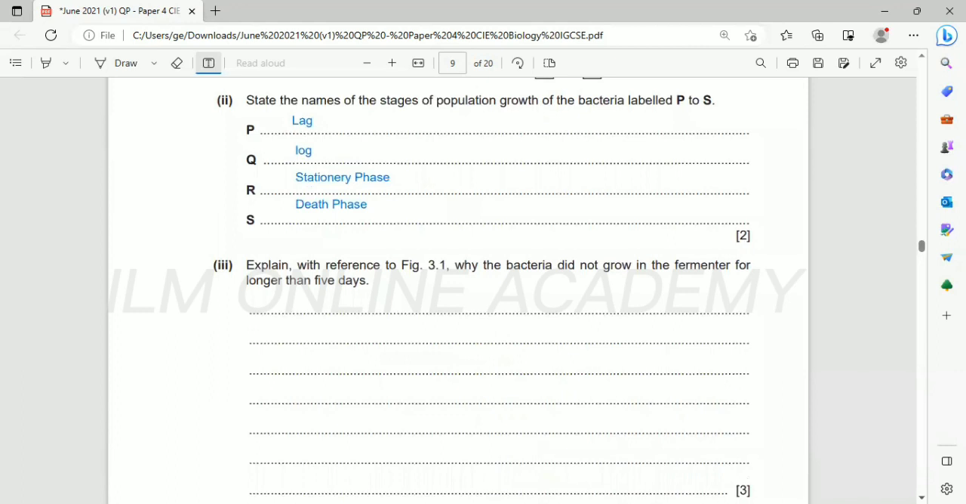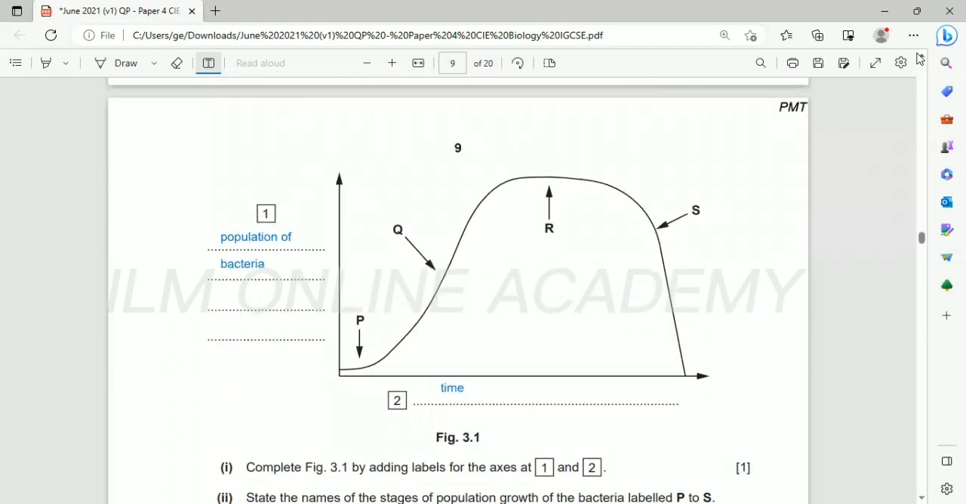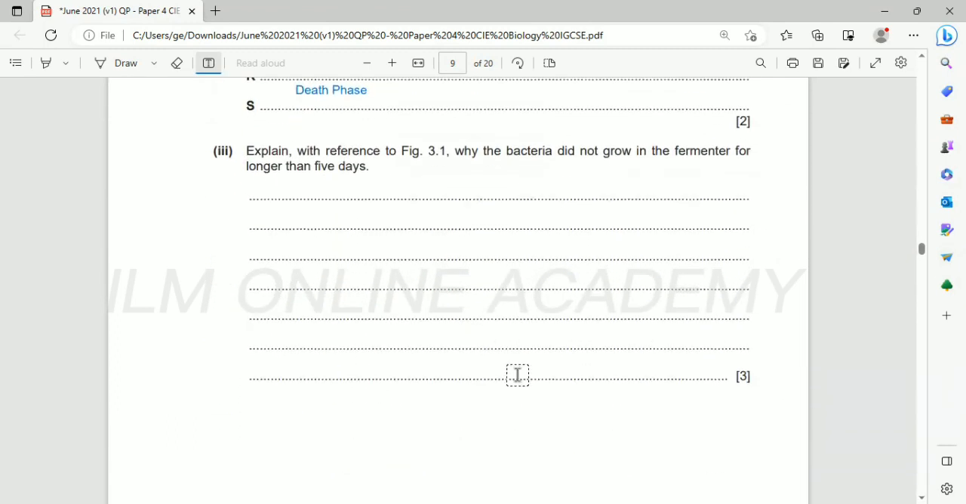Explain with reference to figure 3.1 why the bacteria did not grow in the fermenter for longer than 5 days. Now, for longer than 5 days, why did the bacteria not grow? That would be the death phase being there. Or why would that happen? There can be many reasons to it. Maybe the nutrients that you had provided to the bacteria would no longer be available. Now, due to overpopulation,